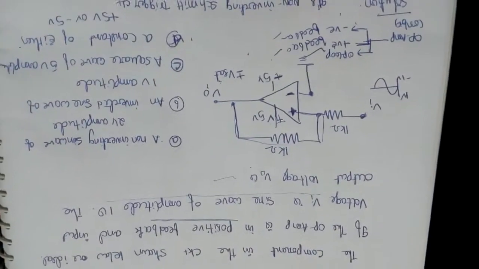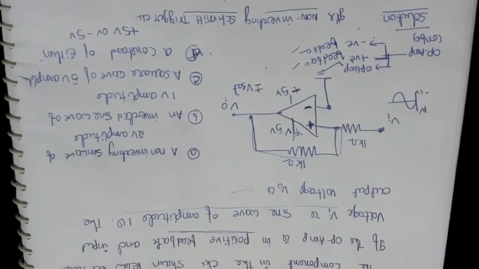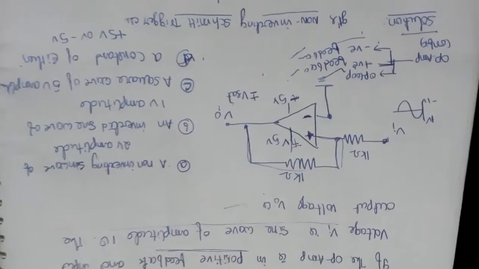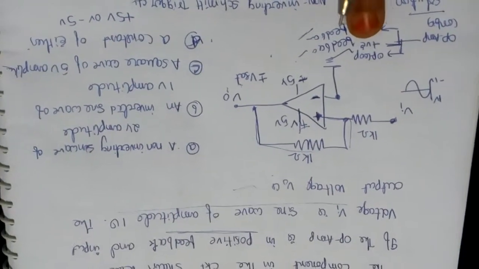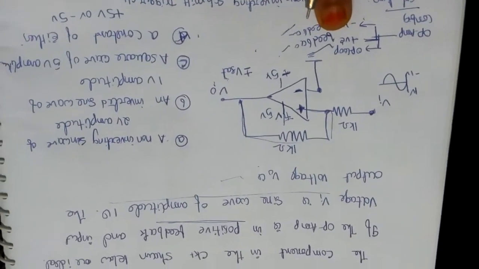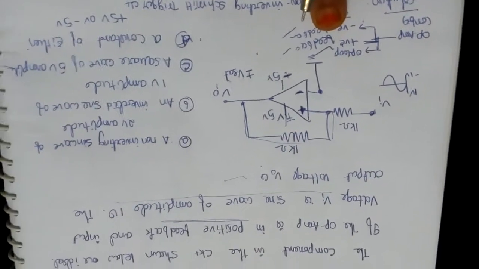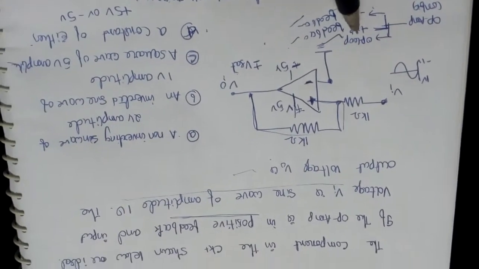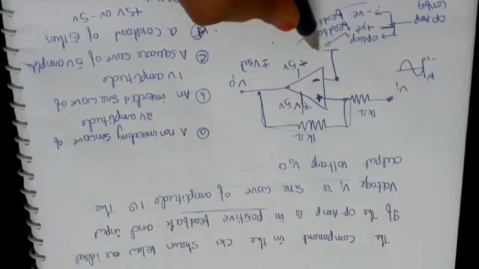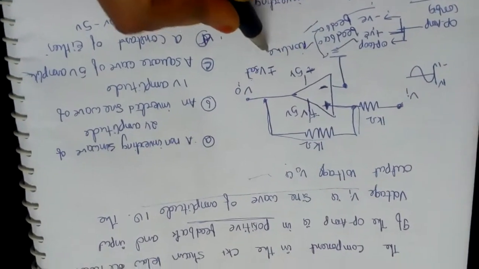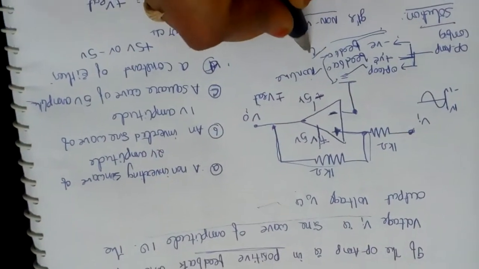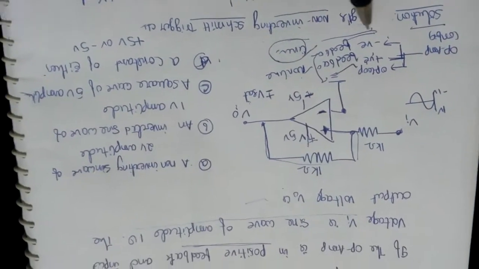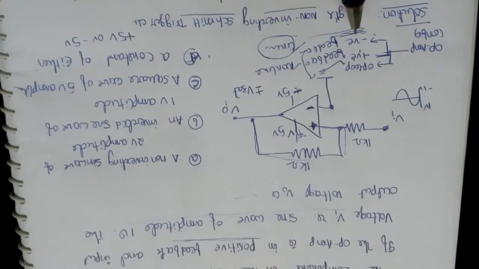So this is positive feedback. The main difference between positive and negative feedback is that in negative feedback the gain is reduced but remains stable. It amplifies the signal and the gain is stable. But with positive feedback the gain is more, yet it is unstable. Depending on the application you use either feedback. Normally, with positive feedback and open loop, it works in the non-linear region. Whenever you design an amplifier, it works in the linear region, so you definitely have to connect the operational amplifier in negative feedback mode.